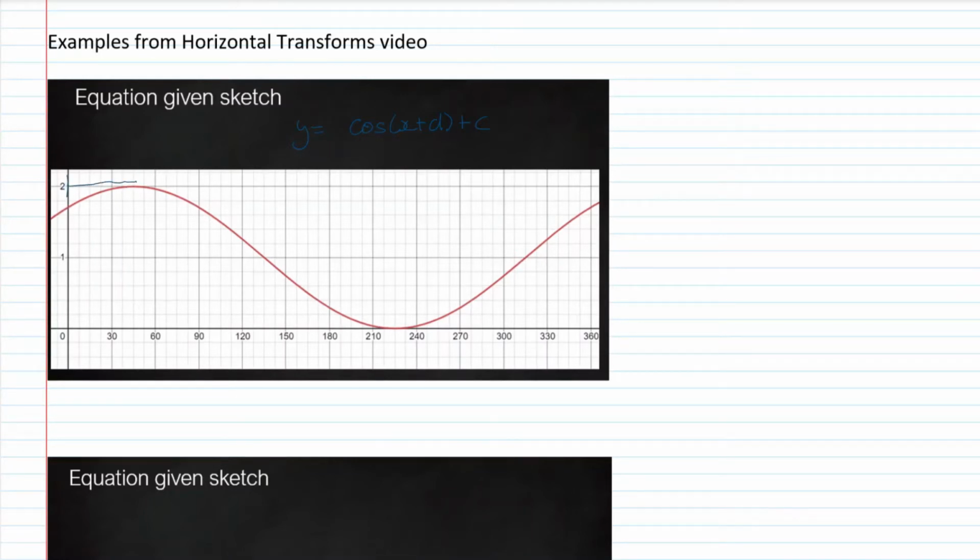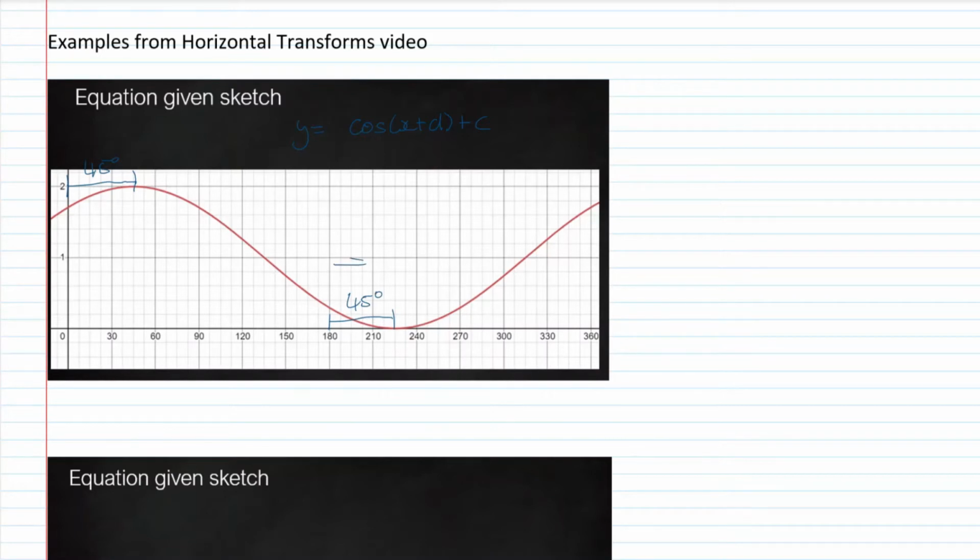It's been moved from here to about here, and halfway between 30 and 60, that's 45. So that means it's been shifted right by 45 degrees. And we can show the same thing has happened to the minimum. The minimum's been moved from 180 to 235, so yep, we can confirm that it's been shifted to the